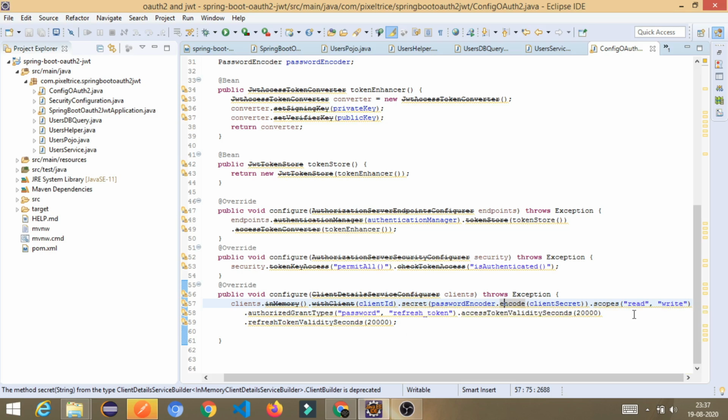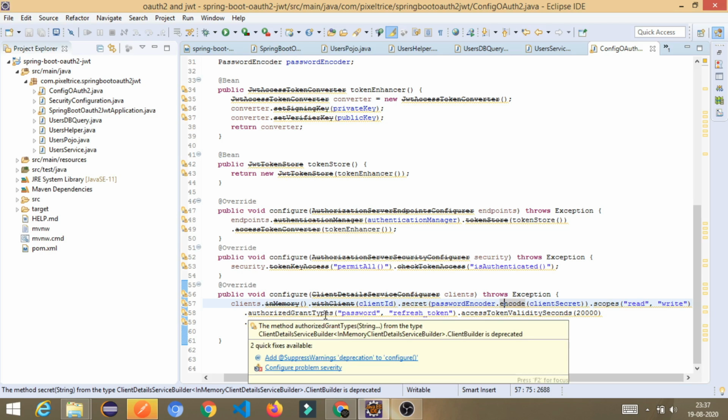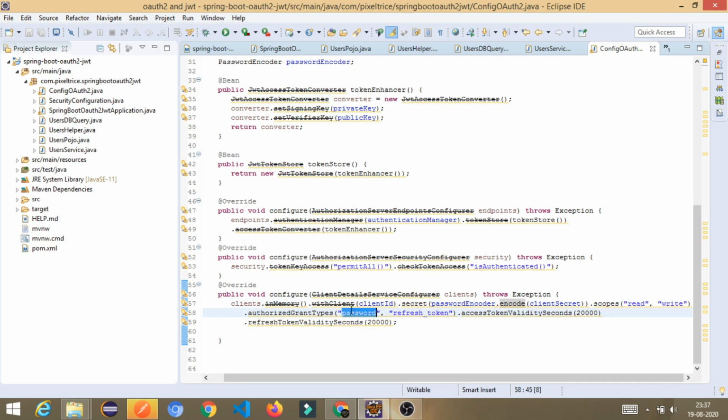Only read and write scope I am setting here. Grant types means how the client should access the authorization server. For grant type we are giving password, and here I'm setting how long this token will be valid.